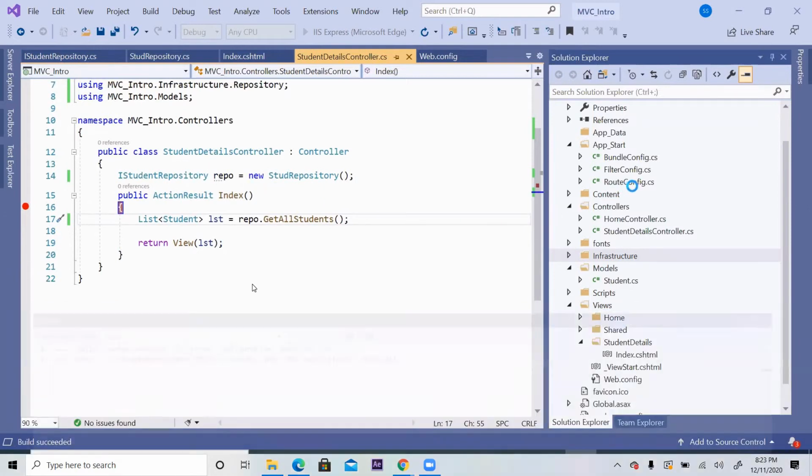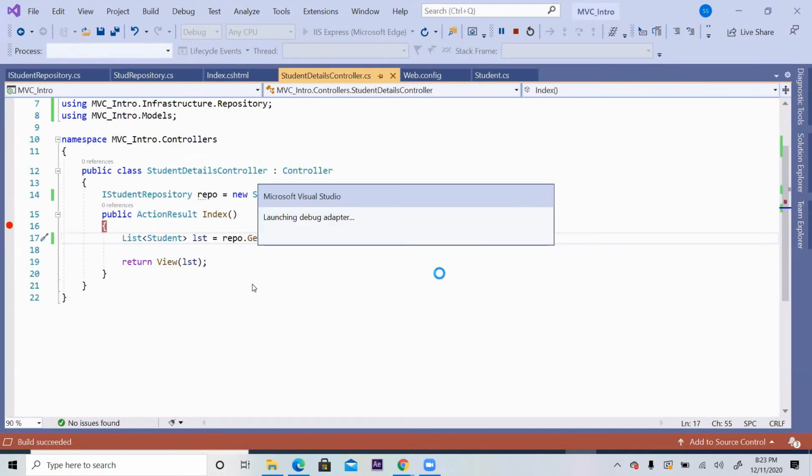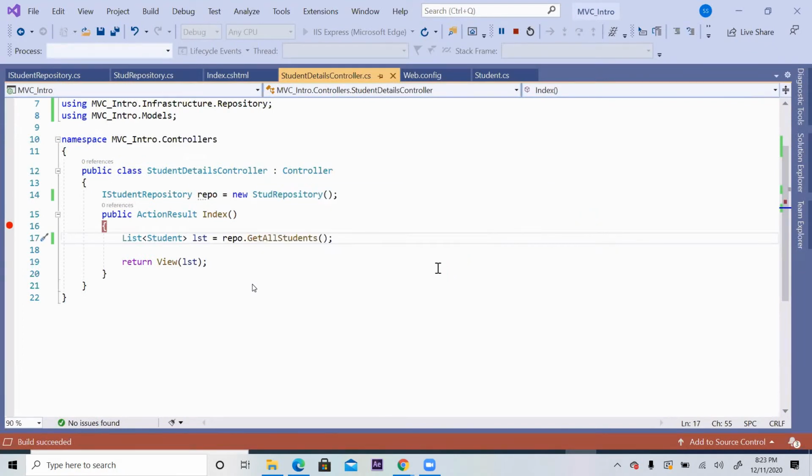Because our routing has been set accordingly, right? Yesterday we went to RouteConfig and then we set default routing as the student controller and index action method. So we are plugging the request from here. The default request will come and sit in the student controller. So I put a breakpoint there. Let's go and